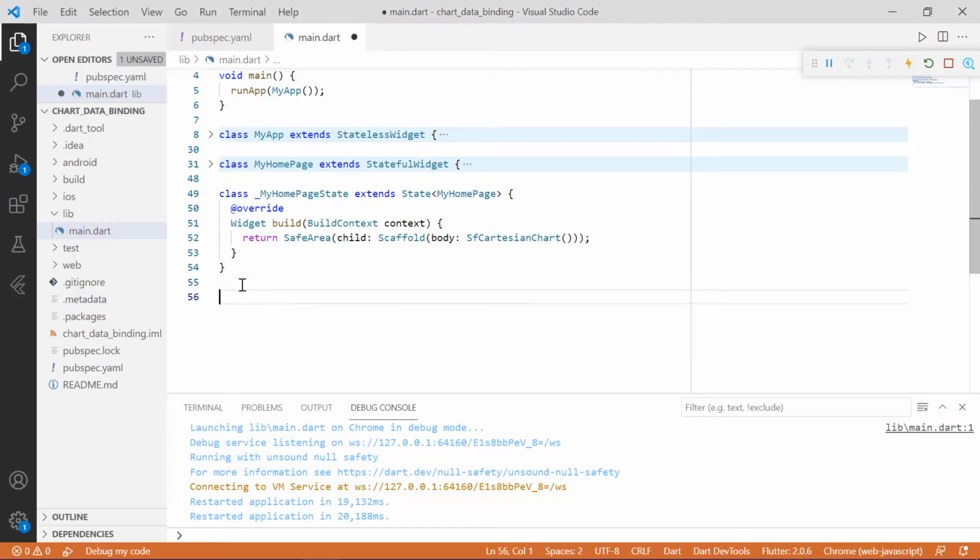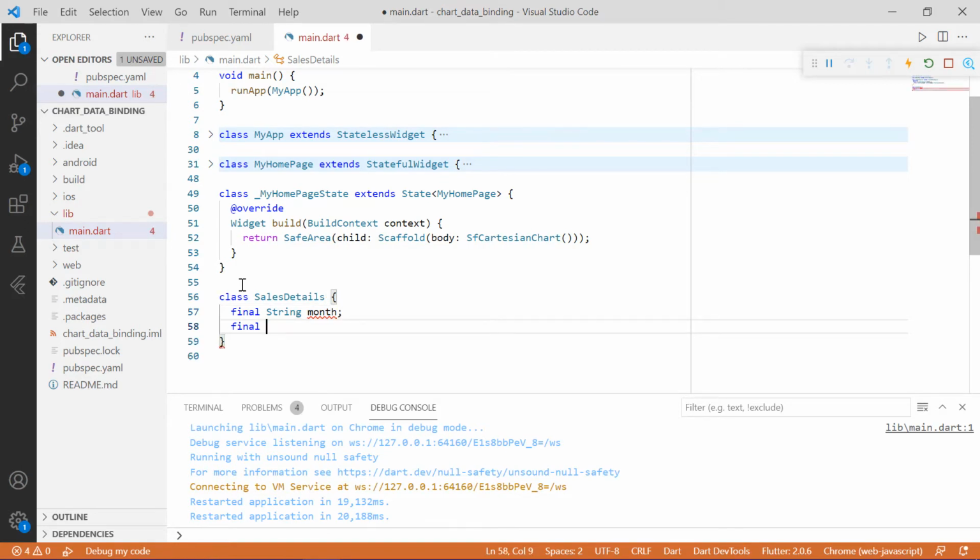Now let's create a class named SalesDetails as it is going to hold sales related details. Then we can add two fields, month of type string and salesCount of type int. Let's add a constructor for this.